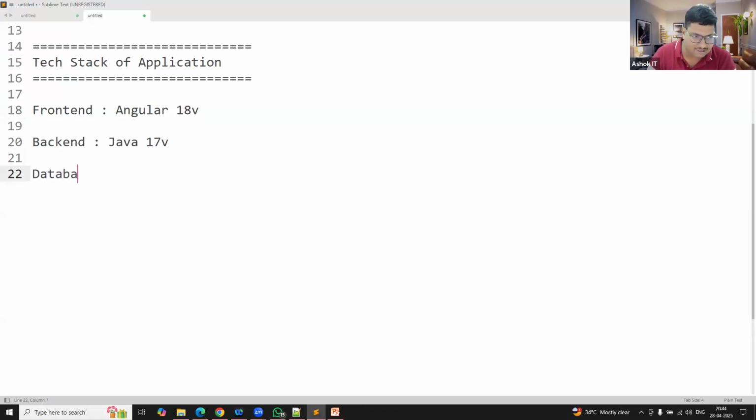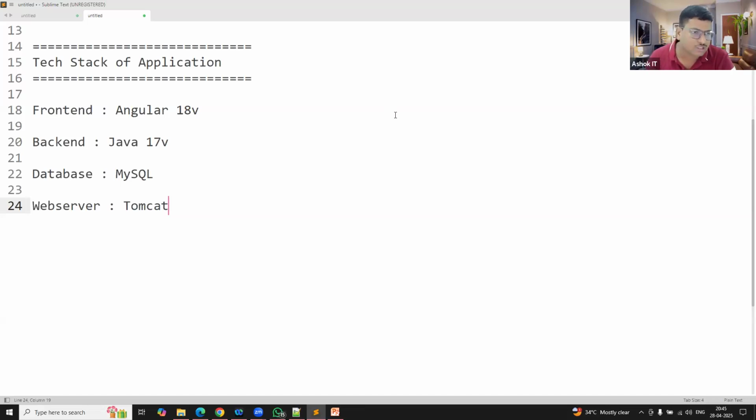And for the database, assume that I'm using MySQL. MySQL server I'm using for the database. And to run this application, as the web server, I'm using Tomcat. So for front end, Angular; for backend, Java; database, MySQL; and to run my application, I'm using the Tomcat server. So this is called the technology stack of our application.